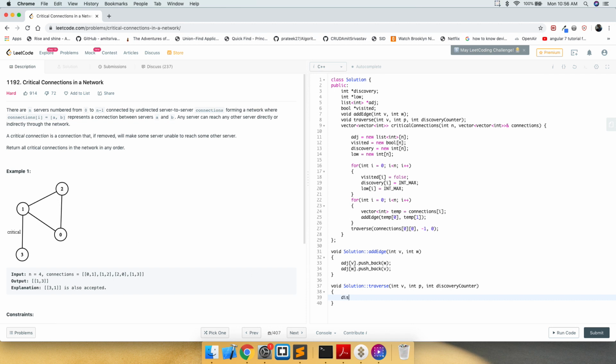So here we have discovery for v is equal to discovery counter, low for v is equal to discovery counter. Now we increment the discovery counter by 1 and we mark this vertex as visited.